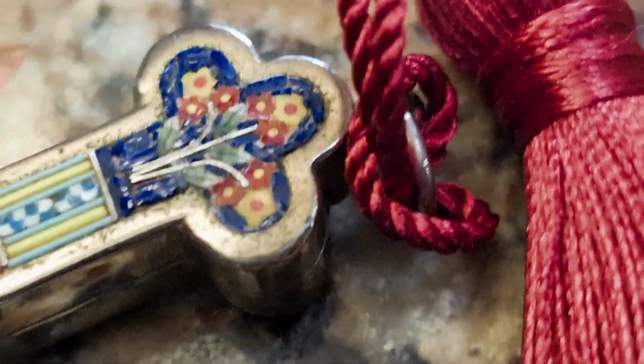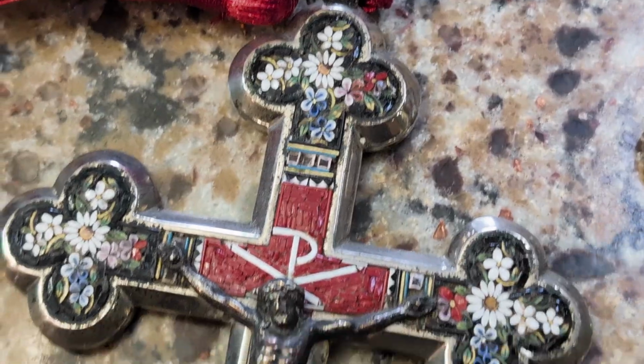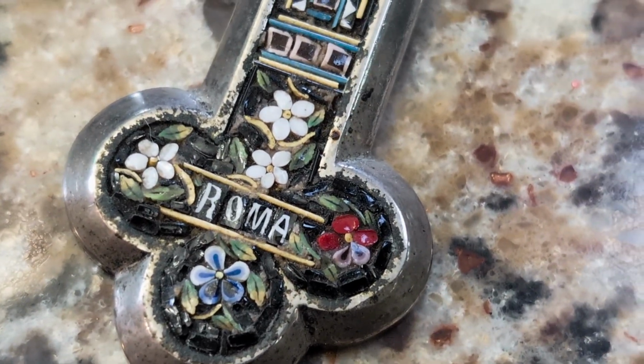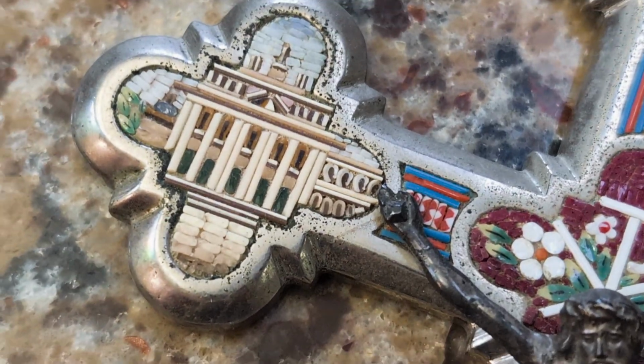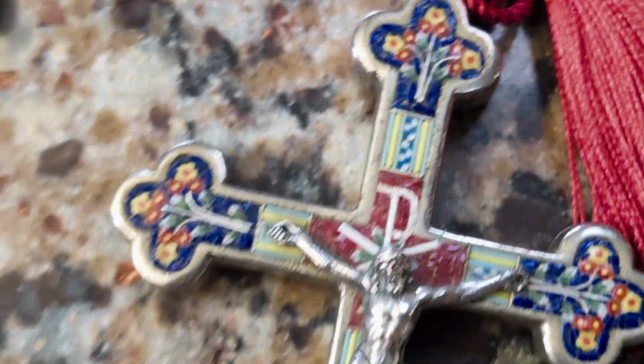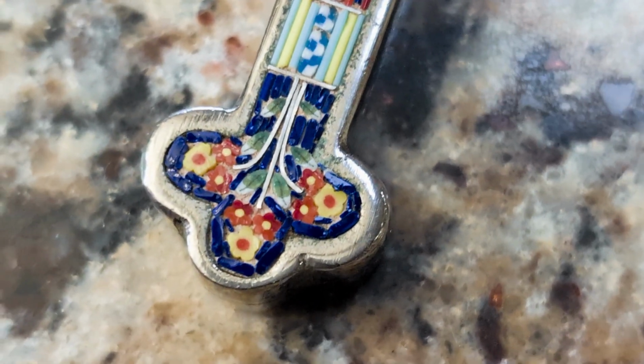Now, on some of the ones you will find, the micro mosaics, you'll find different flower motifs like this one here. Really quite pretty. Some you'll find with lambs and grapes. Some of them will say Roma on them. Here's another one with the different holy basilicas around the Vatican and around the Rome area. The one that I got was just flowered on each corner, and this is a trefoil design, which is a three